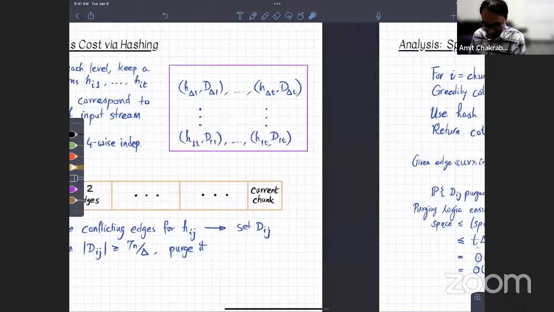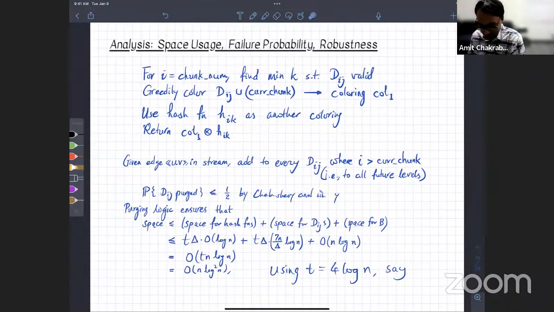And then after this, there is some amount of Chebyshev type analysis to say that these DIJs won't get too large, and we'll enforce that they don't get too large by saying if it's about to get too large, then we will simply purge this DIJ and we'll say it's not valid anymore. When it's time to recolor a vertex, or when it's time to color a vertex rather,